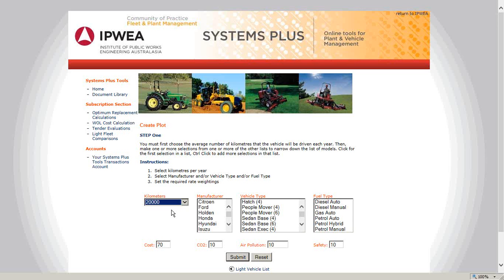So you select 20,000 kilometers, then you hold down the control button and you select the vehicles that you would like to select. Now, my recommendation to everybody here is that you use as many versions as you can, because it'll give you more choices. So I'm going Ford, Holden, Honda, Hyundai, and then I'm going down Mitsubishi, Nissan, VW, Toyota, and Suzuki. Then I'm going to hatch, sedan base 4,